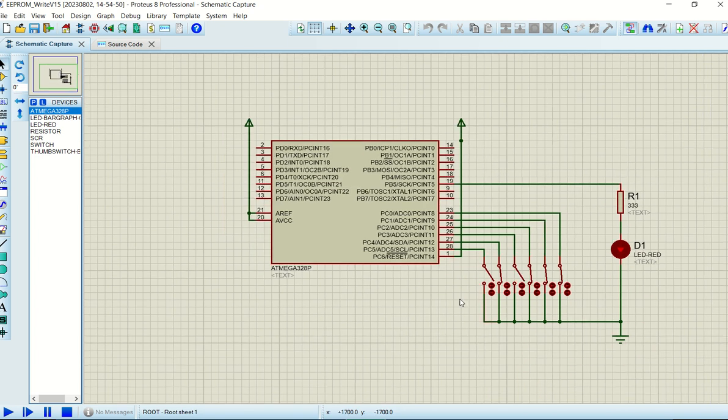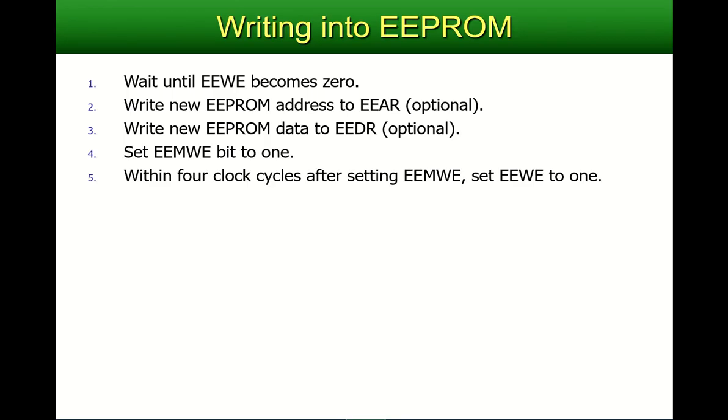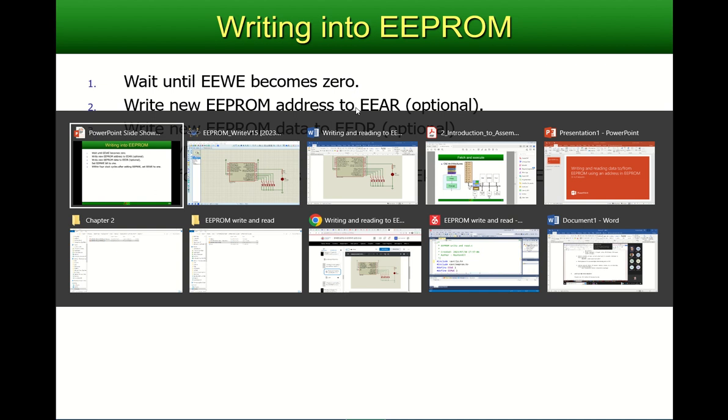And as you can see here, I've got PC0 connected up to PC5, and only switches are connected here because I've activated the internal pull-up resistors, and PB5 is connected to this LED sitting here. So let's go to the program. First of all, it says here, you must actually wait until EEWE becomes 0. So if I go to the program that I've written here,